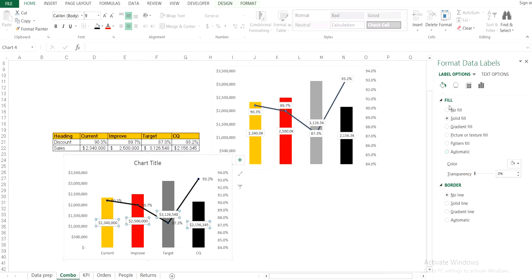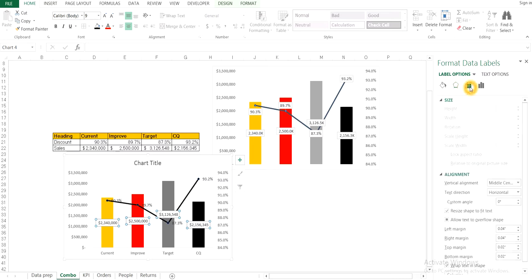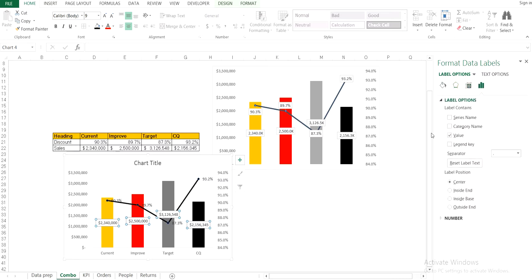And in case you want to change the numbers, change the number type. You can add a K format, like how I showed here.